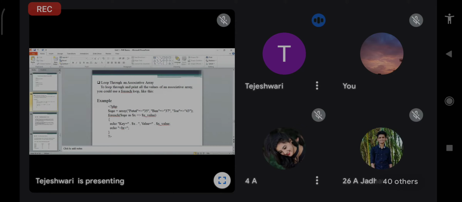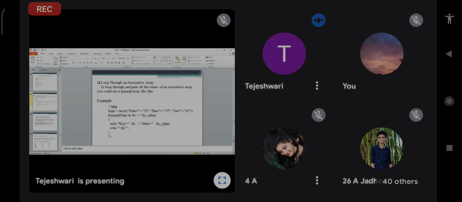This Peter, Ben and Joe, these are the keys, and for those keys you have to take the $x variable. And for $x_value we have to take the direct values, that is 35, 37, 43. And then we have to print in the echo.